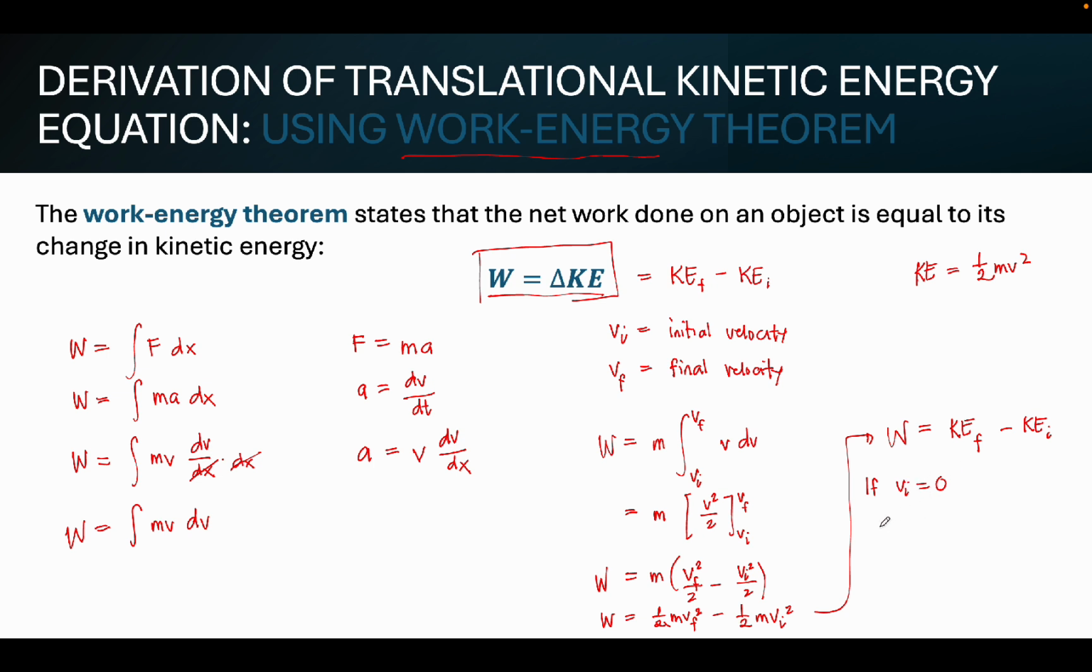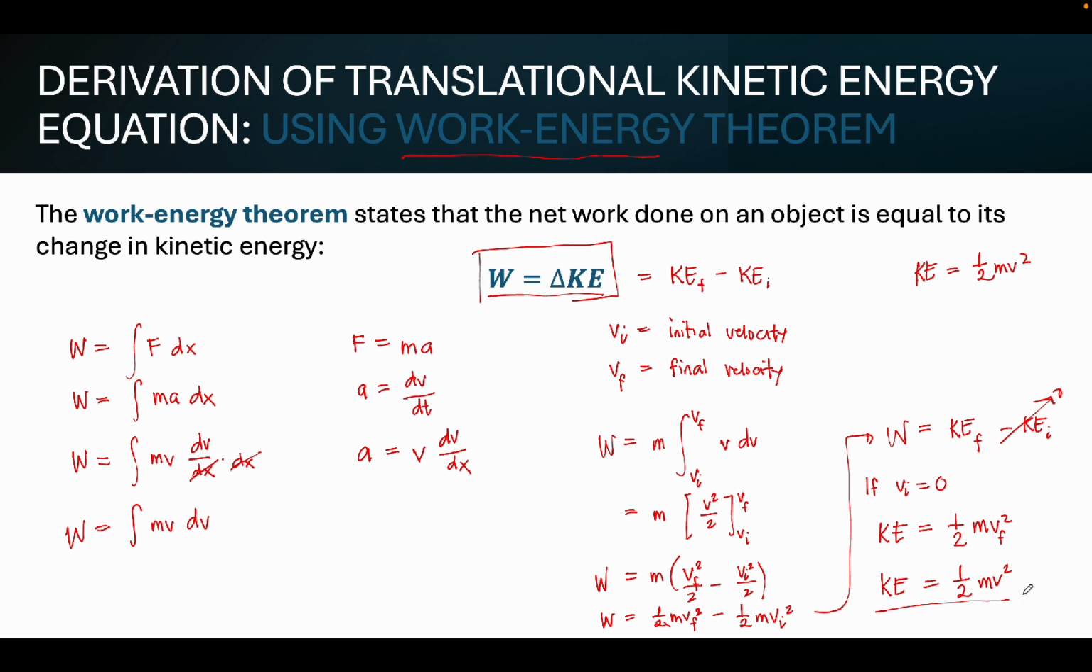If vi is equal to 0, our KE is just equal to 1/2 m vf squared, or we can write it as KE is equal to 1/2 m v squared minus the initial kinetic energy, so this becomes 0. So what remains is the final kinetic energy. Okay, so the final kinetic energy is just equal to 1/2 m v squared. So we have arrived at the formula for the translational kinetic energy using the work energy